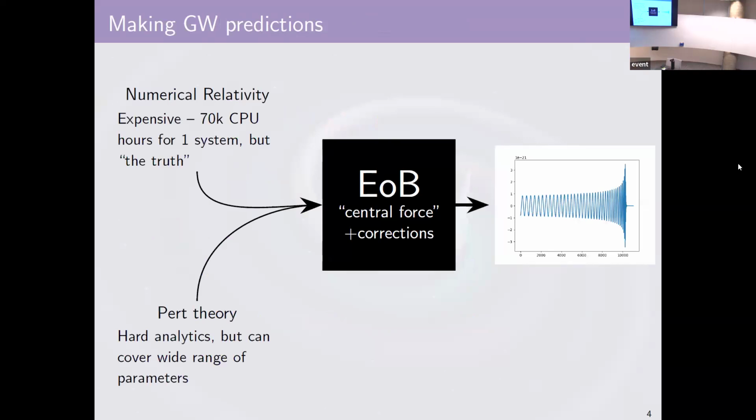So I'm going to start with a very broad picture. The central driving idea behind taking theoretical and numerical predictions and turning them into things that we can actually compare against data is this effective one-body formalism. It is a black box for all intents and purposes. It is essentially a central force approximation with a bunch of corrections on it. And in the end, you get out some Hamiltonian where you can do standard equations of motion and standard calculus of variations to get out predictions for various gravitational wave quantities.